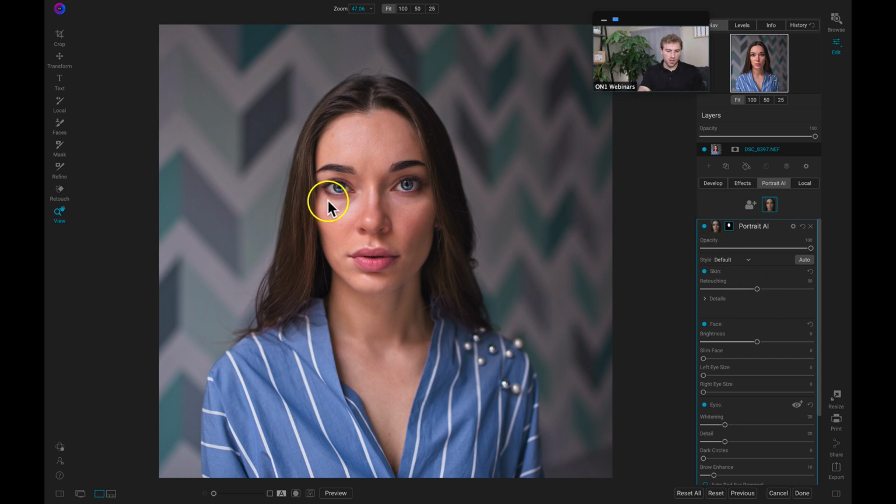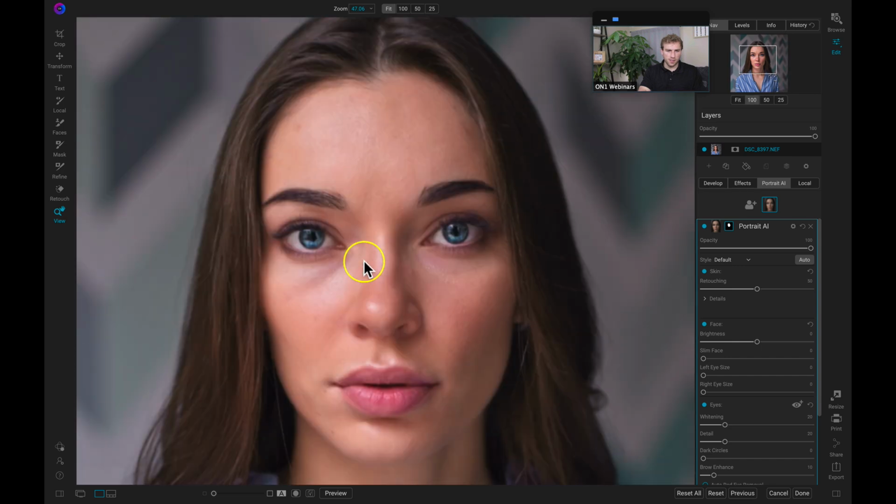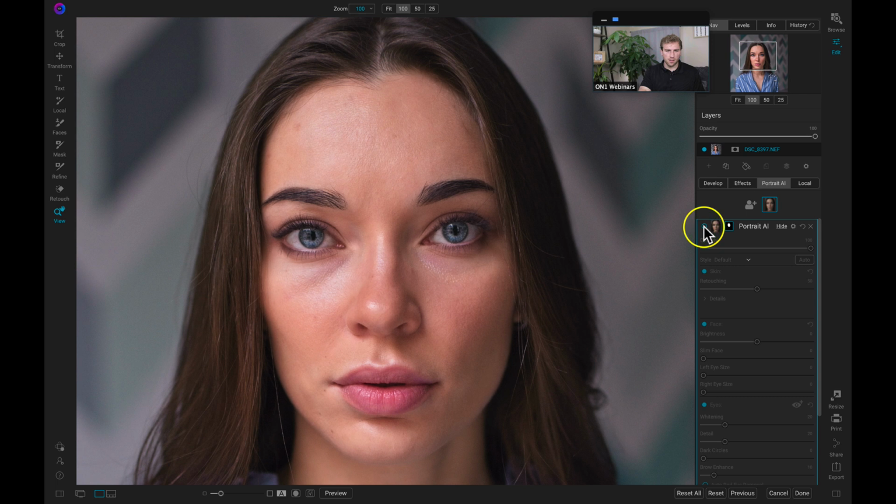So if I turn this portrait filter off and on, actually let's zoom in real quick. If I turn this portrait filter off and on, you can see it's boosting a little bit of detail in those eyes and it's smoothing out the skin here. Now I know we're going through Zoom, so I'm going to boost it up a little bit strong. We can always pull back the opacity, but just because we're going through a webinar,